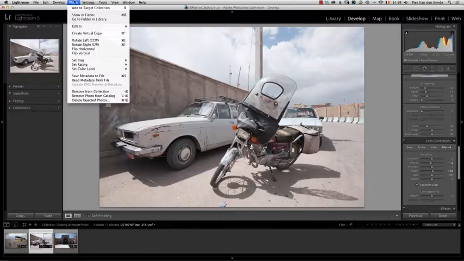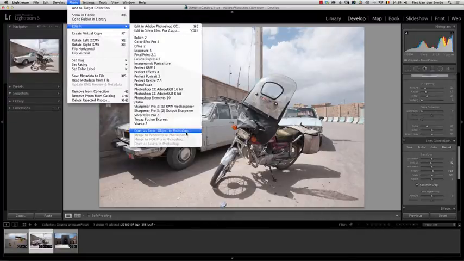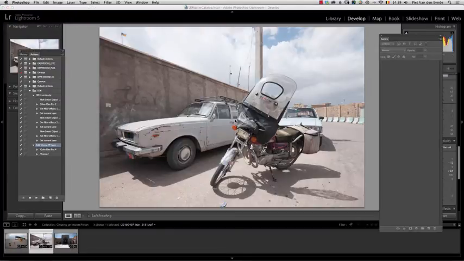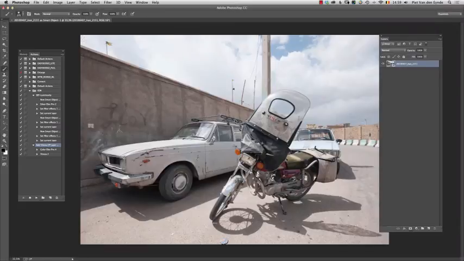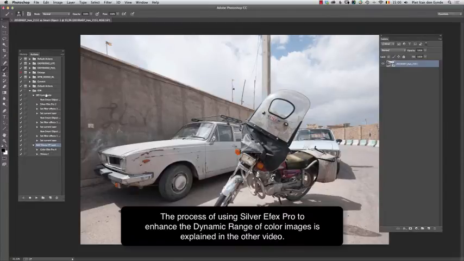So what I do is I send my file from Lightroom or from Bridge, if you use Bridge, over to Photoshop as a smart object. And then, as mentioned, I have found that there are a couple of the SilverFX Pro presets that actually do a better job than others of enhancing this dynamic range in color images. So what I have done is I have made an action that